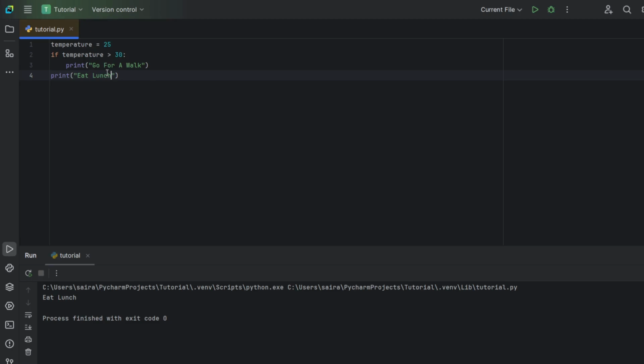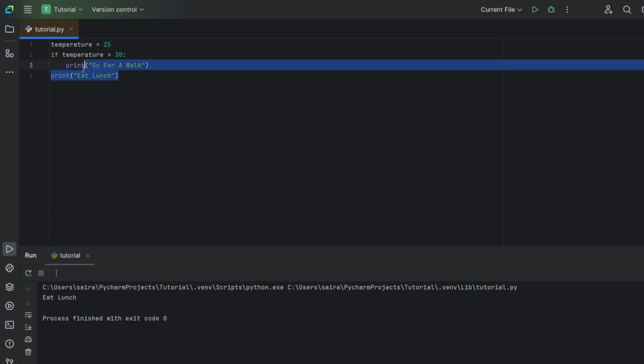Now we move on to the next step of conditional execution, which is the if-else statement. We started our tutorial with a simple phrase, which read, if the weather is good, we'll go for a walk. Now there is not a word about what will happen if the weather is bad. We only know that we won't go outdoors. But what we could do instead is plan something in case of bad weather too. So we can say, for example, if the weather is good, we will go for a walk. Otherwise, we'll watch a movie.